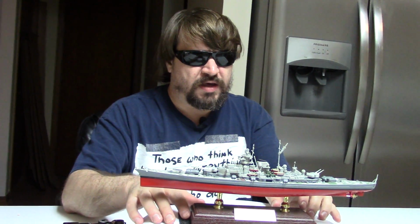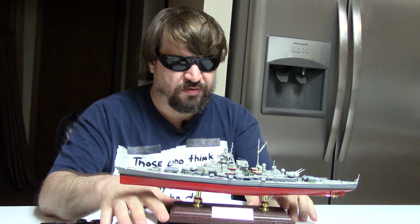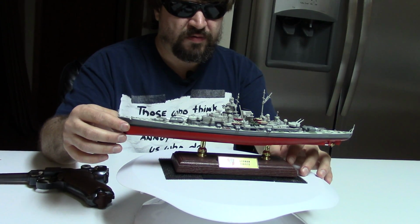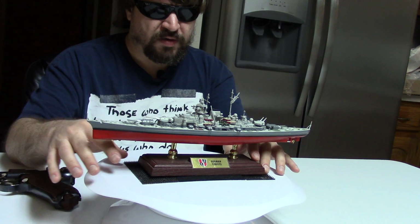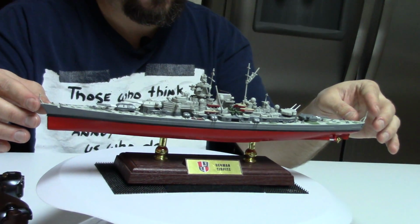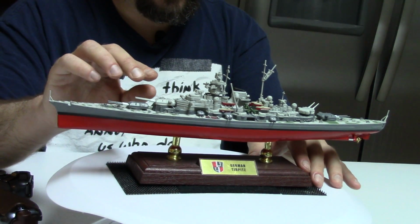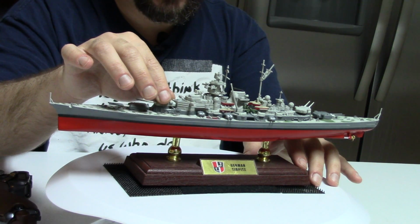As for the Tirpitz himself, and yes, it was referred to as his, not her. Along with the Bismarck, these are the 2 largest ships made for the Kriegsmarine for World War II. They were over 800 foot at the top, had a crew of 2,100 officers and men, had a total of 8 15-inch guns,